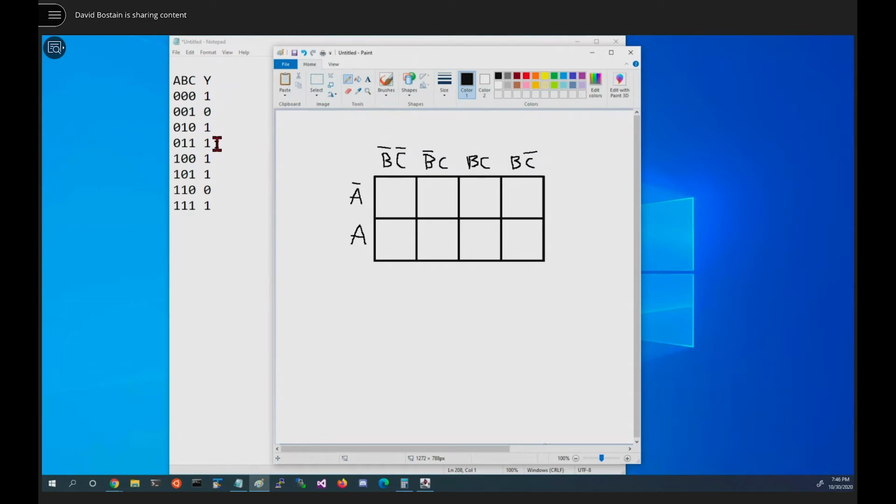Okay, so let's kind of map this. 1, 0, 1, 1. 1, 1, 0, 1. Okay, so a couple ways we could do this, but a fairly straightforward way to do it would be to grab those, grab those, grab those. Now we wouldn't want to grab this one, because if we did, it's completely contained inside of those two. Wouldn't want this one for the same reason.